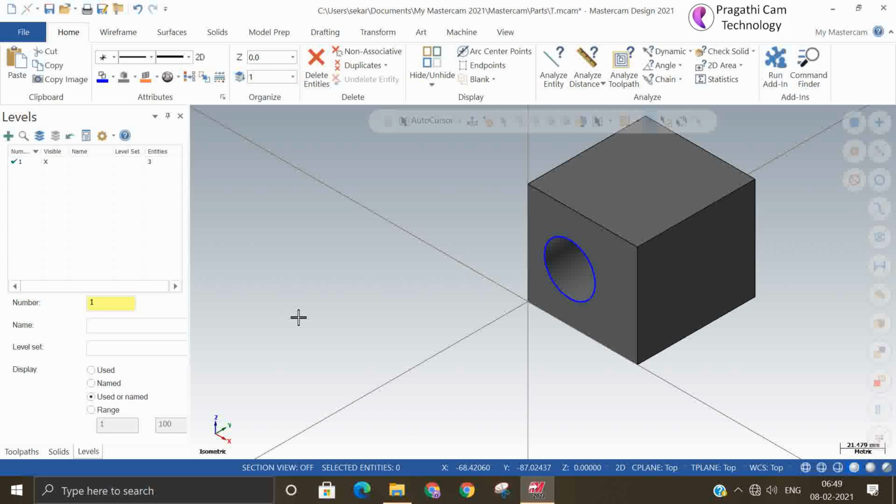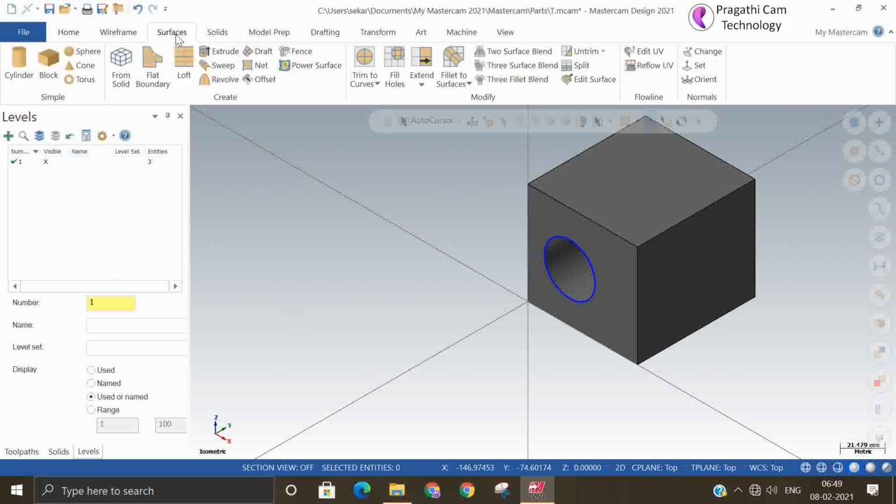Okay. So you can convert a model from surface to solid or solid to surface. Vice versa is possible. Whether you want a solid format or a surface format, you can do both. For that reason, this option is given.